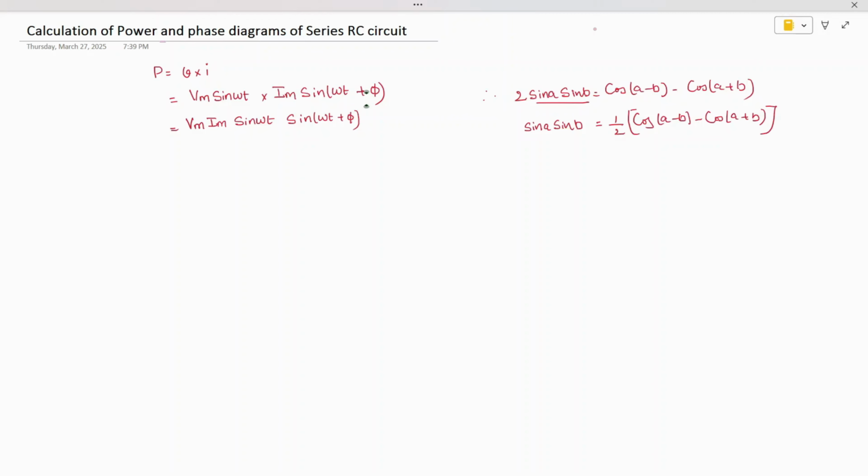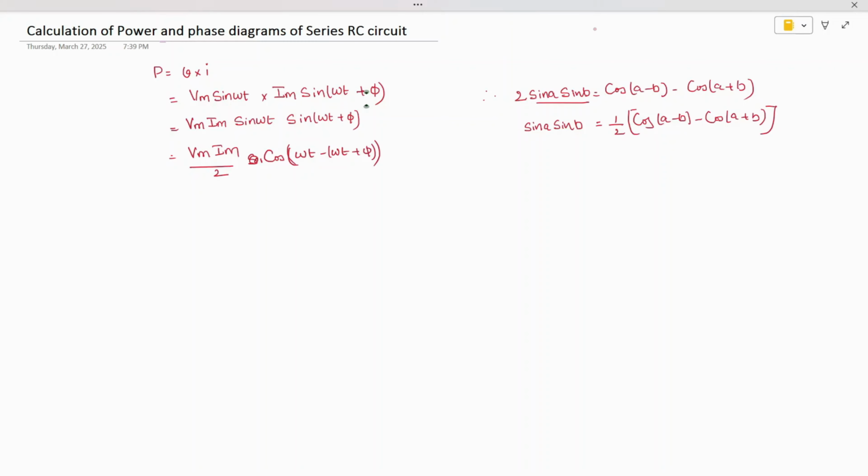So this formula I'm going to use in this technique. So from here I'm going to get Vm into Im by 2 into, so this I can write as cos of a minus b, where a is omega t minus omega t plus phi,